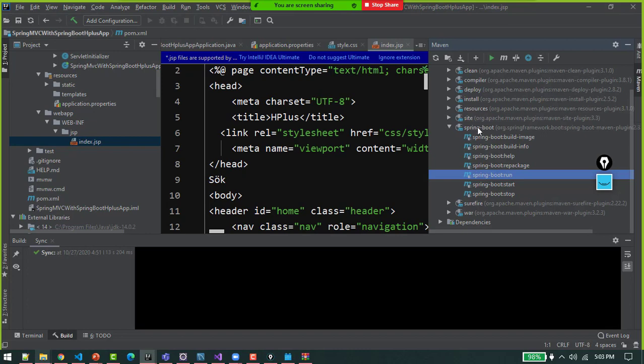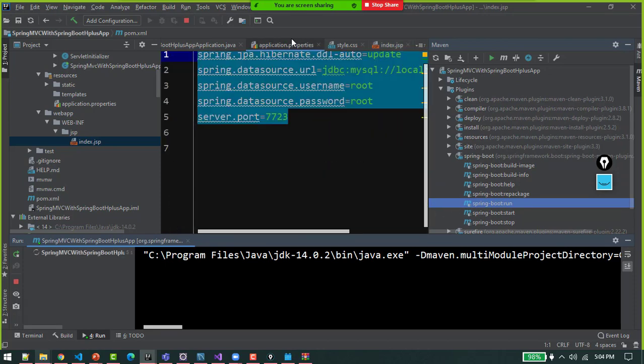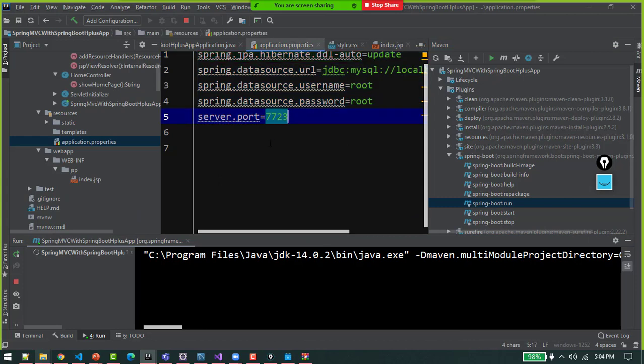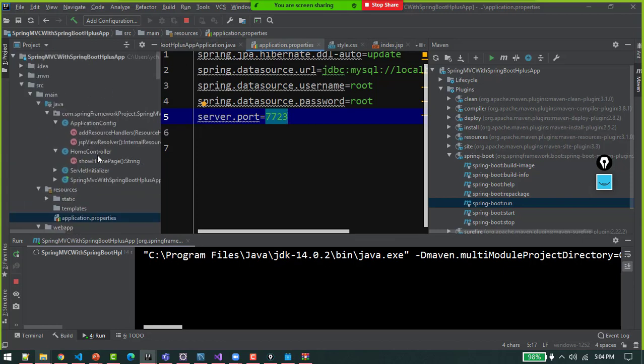So we have added that plugin for boot creation. The moment I select Spring Boot under plugins and select Spring Boot run, it will create a war file and deploy the war file on which port number? On this port number. Now localhost port number will be there. After that I will simply look out for the home controller to show index.jsp.